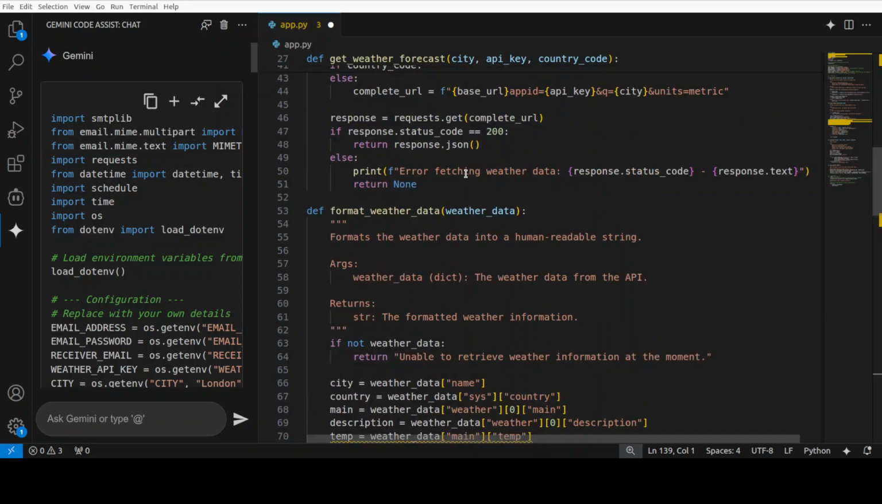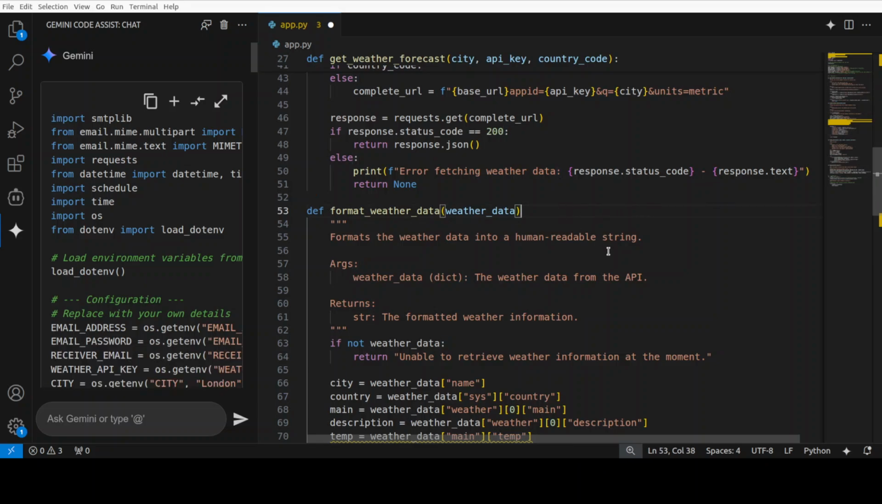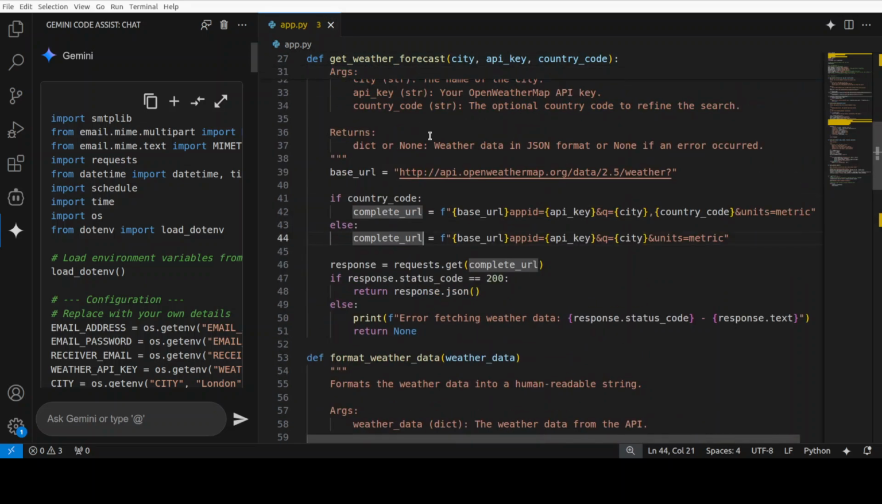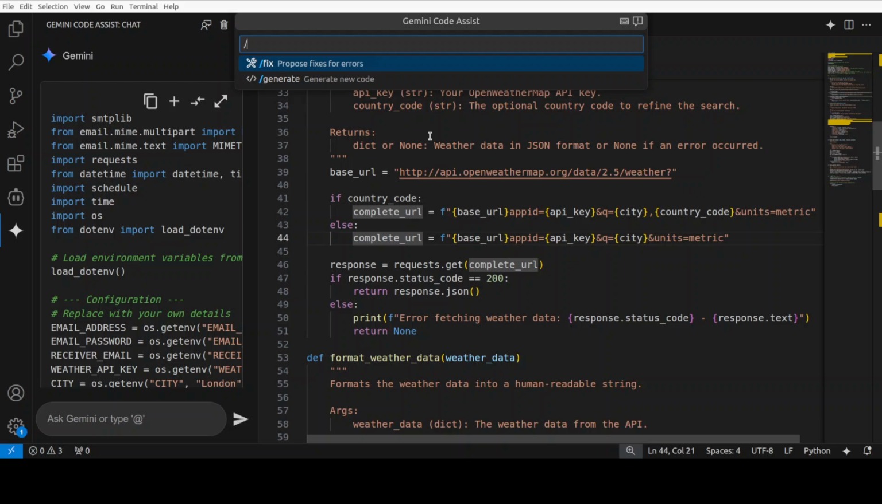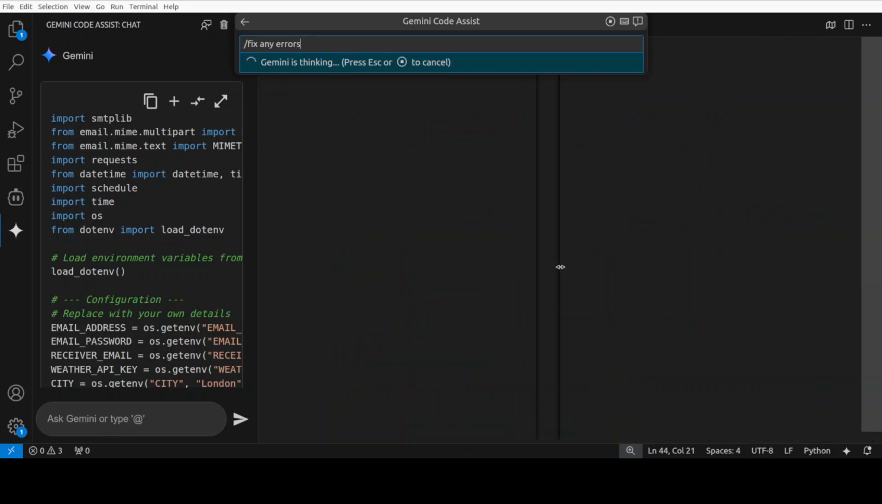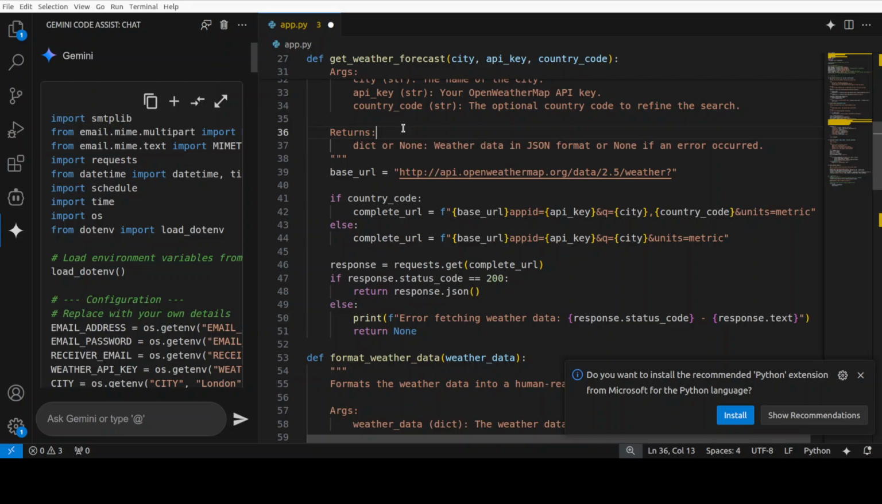Now what I'm going to do, I'm just going to remove maybe this colon from here. I'll save it, and then I'm going to press Ctrl I and I'll say fix any errors, press enter. Let's see if it is able to find that colon. It has been able to find it, and it has given you the correct one too in the green on the right hand side. Just accept it, save it,